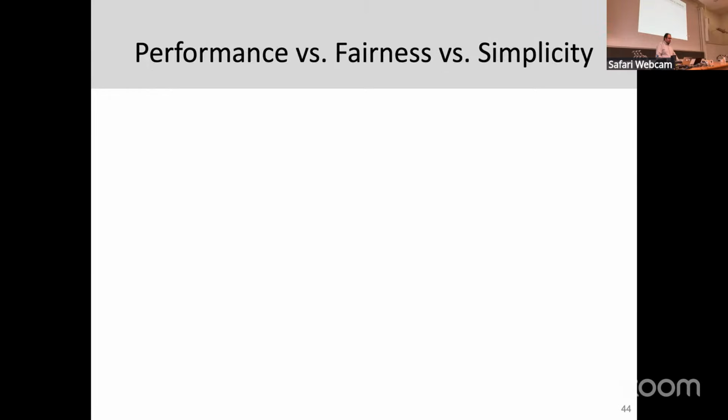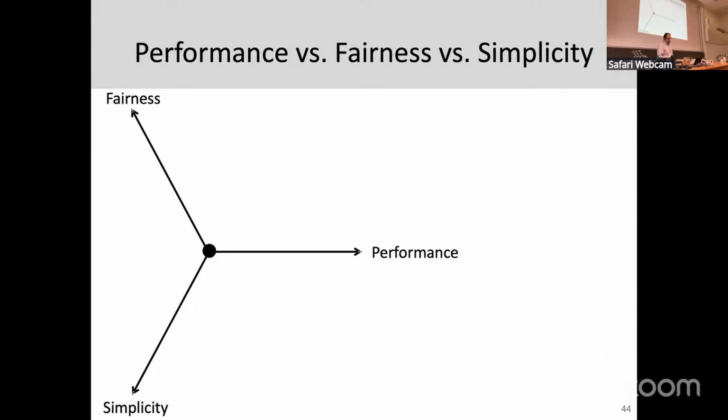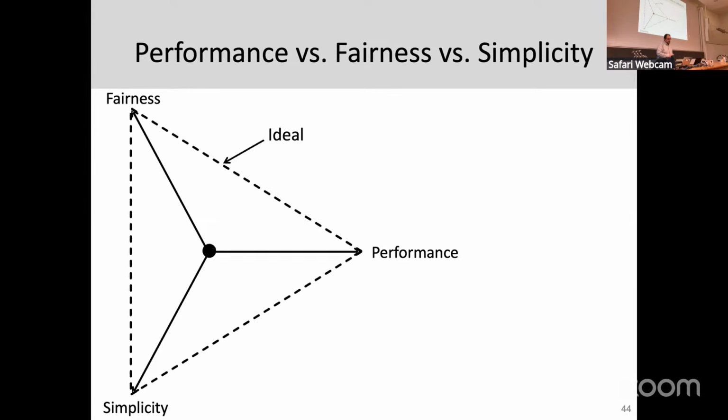So in this work, we discuss this trade-off triangle: performance, fairness, and also simplicity. We have observed the performance and fairness trade-off in previous work, but here we also want to see simplicity. And we are using a radar chart here, which is quite an interesting chart when you have different metrics and you want to show a nice trade-off between them. You have different scales, and then you connect essentially the